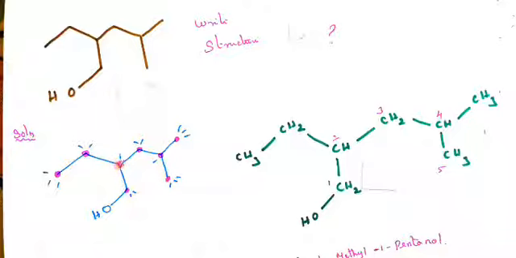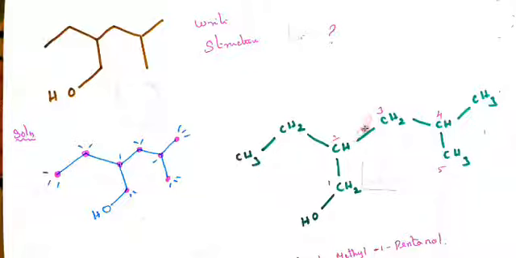Then this CH linked with CH2, CH2. Then this linked with CH, this CH. Then this CH linked with CH3 and CH3. So how have we done? CH3 and CH3. Numbering to be given